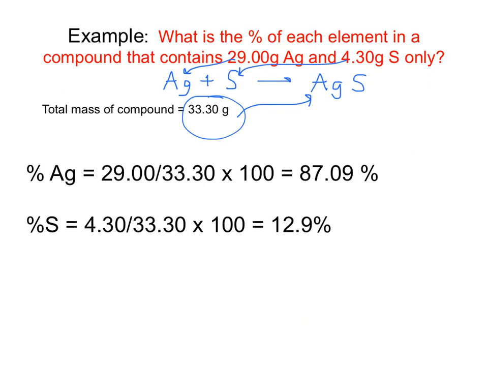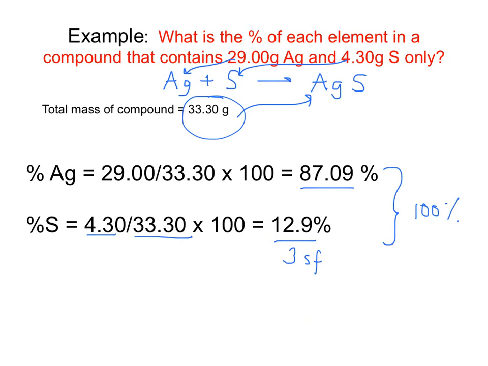Now that I have the molar mass, all I'm going to do is take the mass of each element and divide it by the molar mass and multiply by 100% to get 87.09% of silver, 12.9% of sulfur, and once again, if I add these together, I'm going to get 100%. Notice that this has only been taken to 3 sig figs, and that's because the minimum number in the numerator